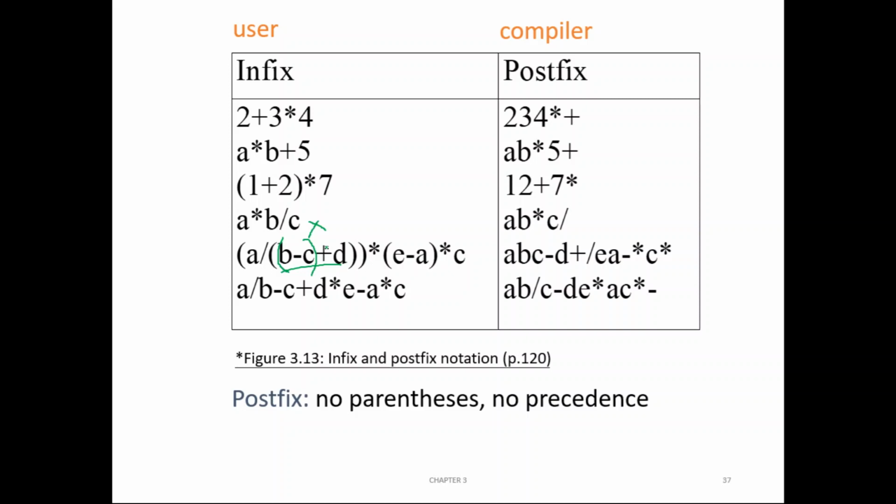So that will be multiplied with this entire thing. But before that, E minus A should be calculated, because that is within the bracket. Okay, so next this E minus A will be calculated.